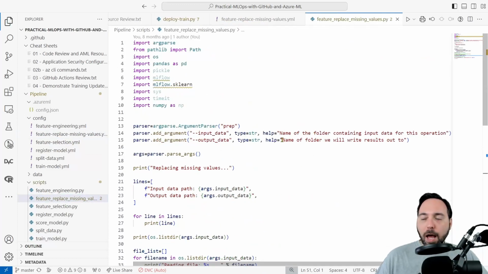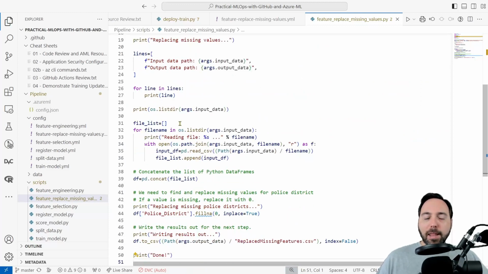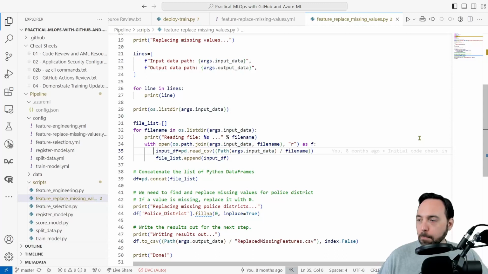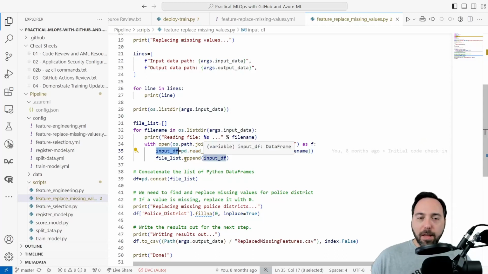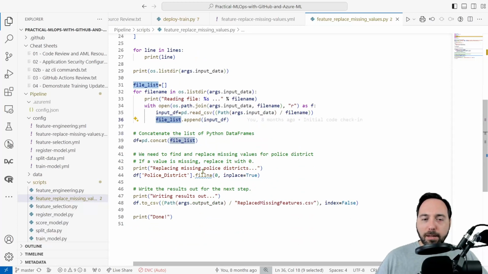Inside the Python files, we've got some preparatory work that we need to do. I'm doing argument parsing to make sure that the input data and output data parameters are available in the call. I'm writing out some results for diagnostic purposes, and then I'm reading through each file in the list of files of input data. So for each file in that folder, I'm going to perform some action. Specifically, I will use pandas read CSV, grab the data, and put it into input df, and then I'm going to create a list, file list. So that's all of my data frames as a list. I can concatenate them together into one big data frame,